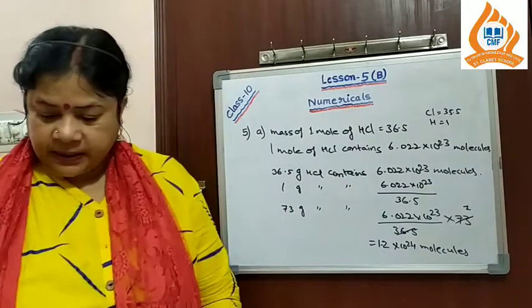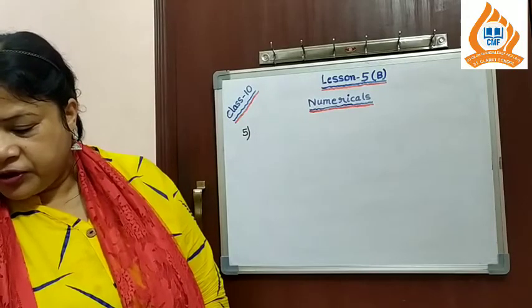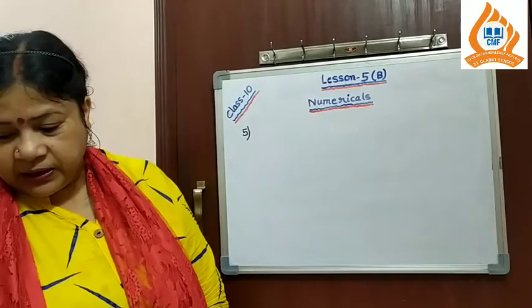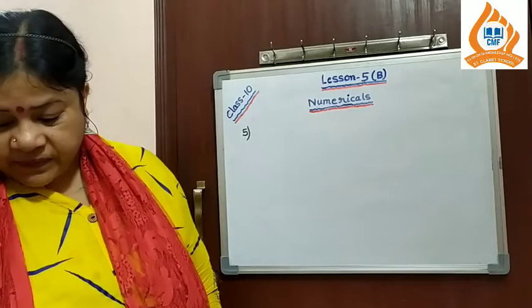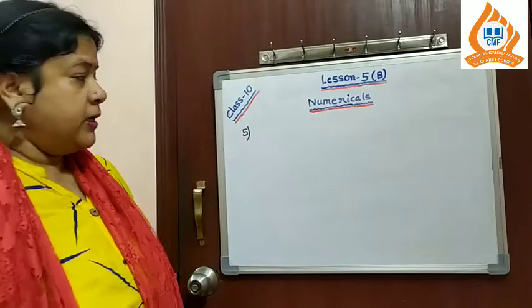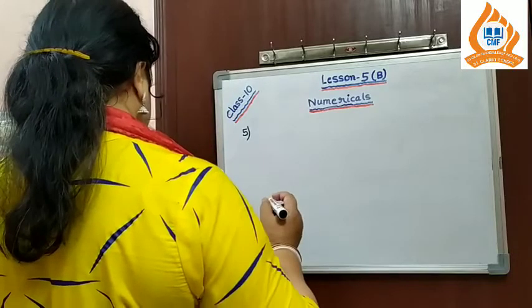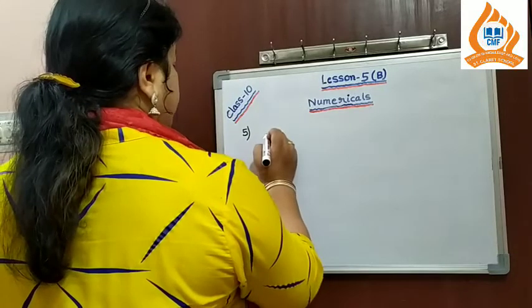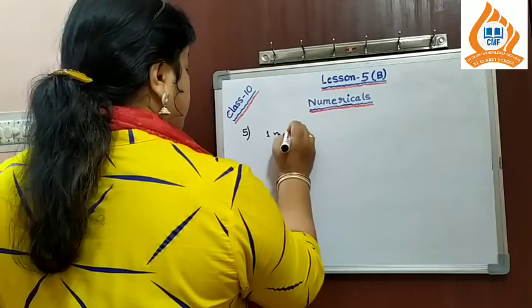Now the next sum we will do, number D1. Number of moles in 10 grams of CaCO3. Now it is asking number of moles, not molecules. So let us find out the number of moles in 10 grams of CaCO3. First of all we have to take out the molecular mass of CaCO3. And we know that 1 mole, that is the 1 mole it contains. So 1 mole of